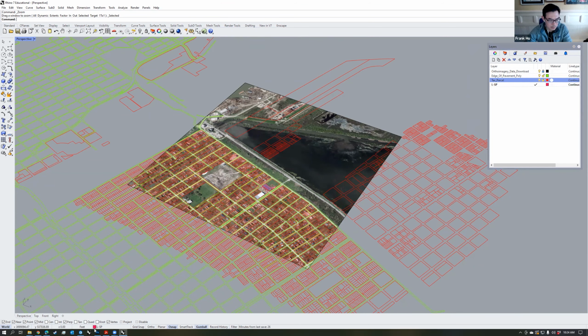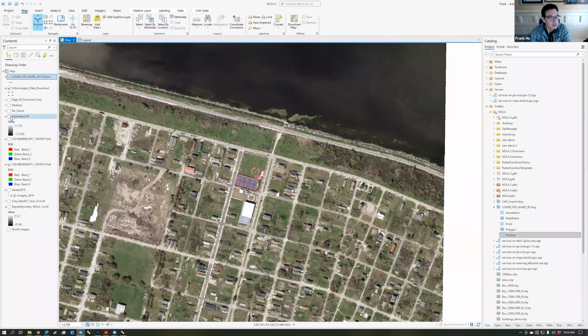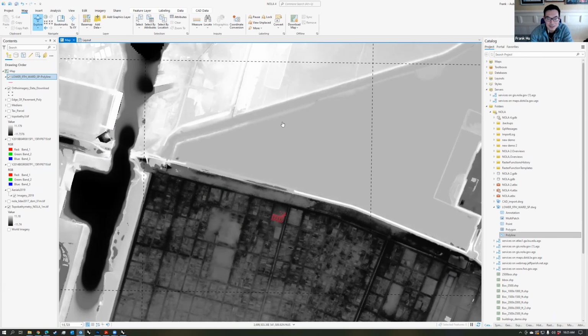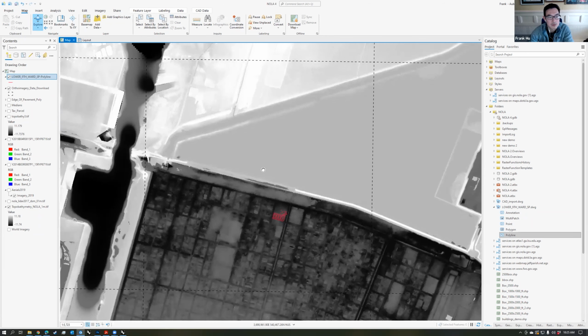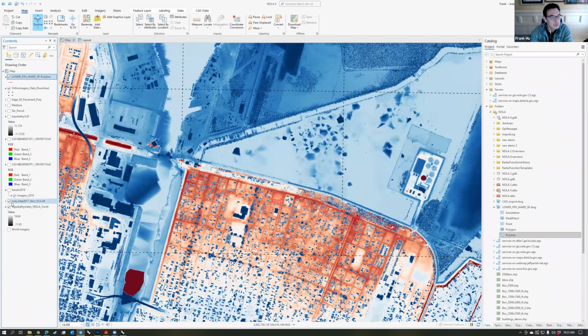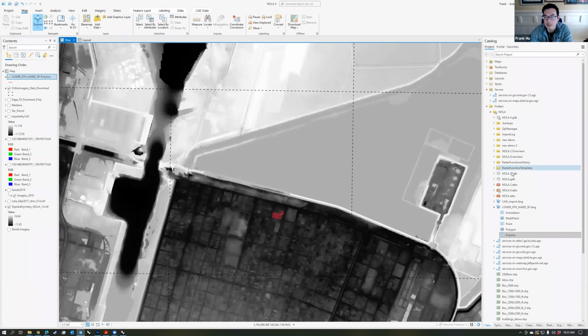So I'm going to go back to GIS and we're going to turn on the topobathymetry layer again. I'm going to show you a technique, and that's how to take the DEM here and cut section lines. What we're going to do is you have your DEM here, and actually it doesn't have to be a DEM. It can also be the DSM, this data set right here, if you want. So what you do is you go to your site, and what we're going to do is